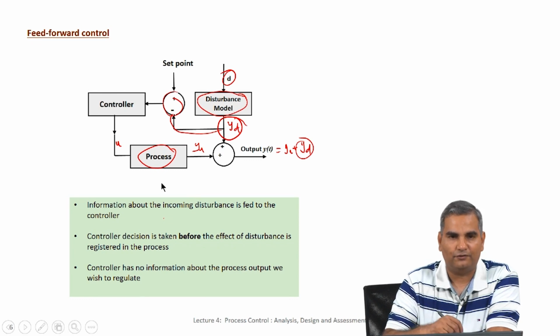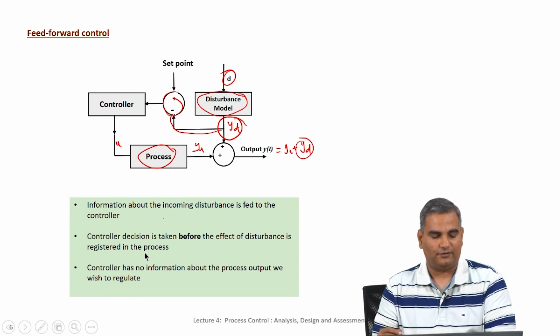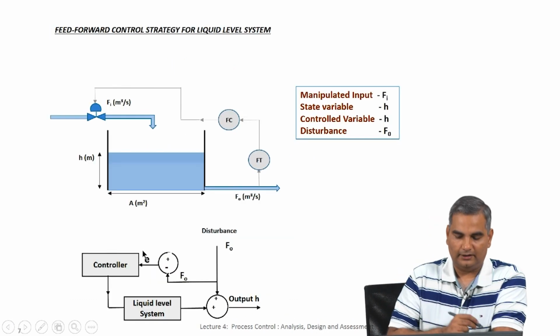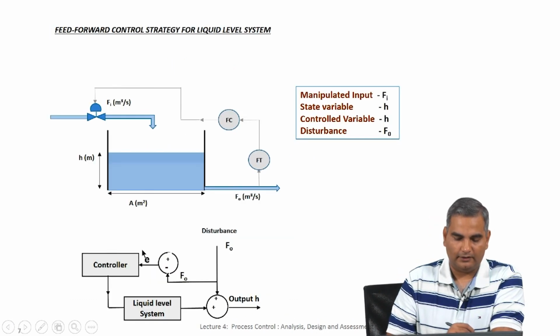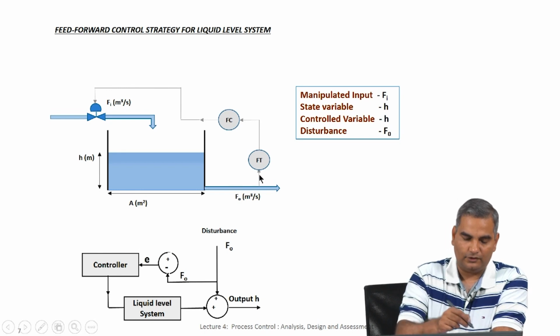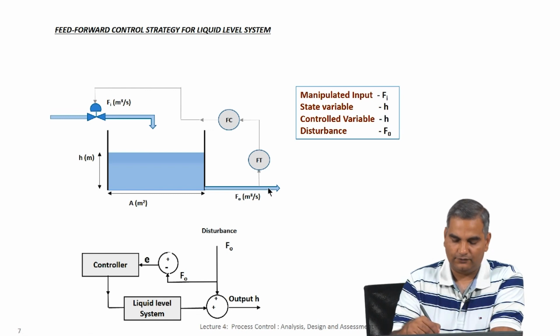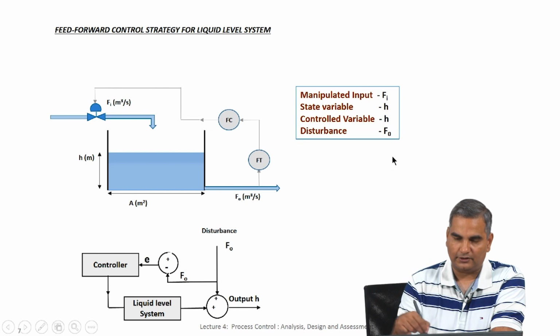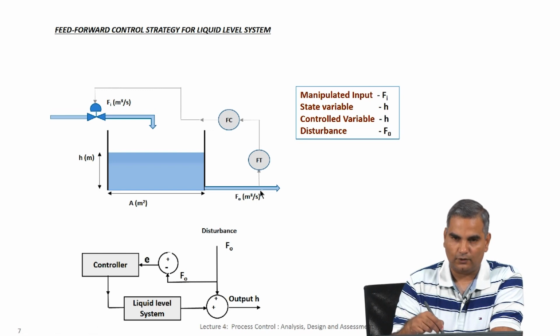So, a combination of feed forward and feedback can give you very effective control. Here is an example of the feed forward control. For example, if this is fixed at a particular flow rate, so this is not changing. If I have a flow out and I am measuring the flow out, and because of fluctuations downstream, let us say this flow out changes,